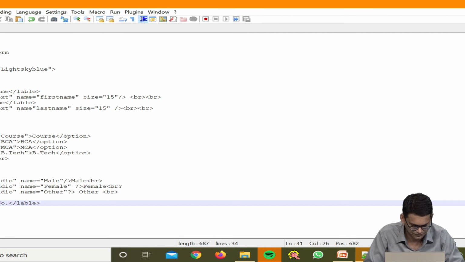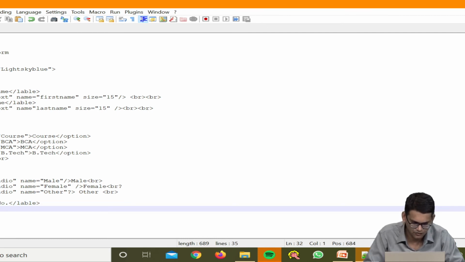Then we add an input type equal to text, name is equal to phone. You know that the size of a phone number is 10 characters, so we will provide size equal to 10, close it. We will provide some BR tags.